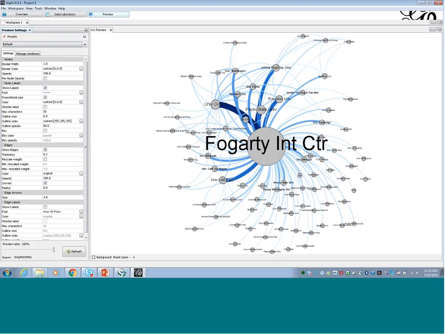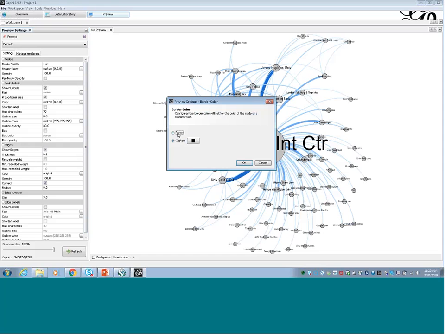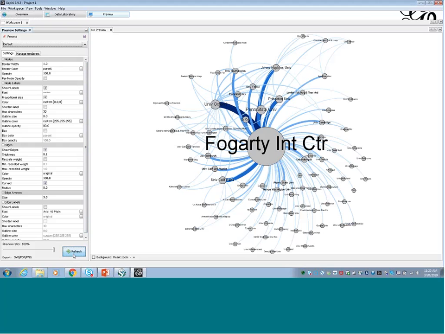The other thing that I might do here is adjust some of the positions of the individual nodes because some of the lines are sort of overlapping one another. It can be a little bit difficult to see which one is Johns Hopkins versus Penn State, for instance. So I might tweak where these things are a little bit manually and make any other final tweaks that I want to do. And again, turn the border color to parent, refresh, and then once I've got it to where I wanted it, I can export this particular diagram in an SVG file format